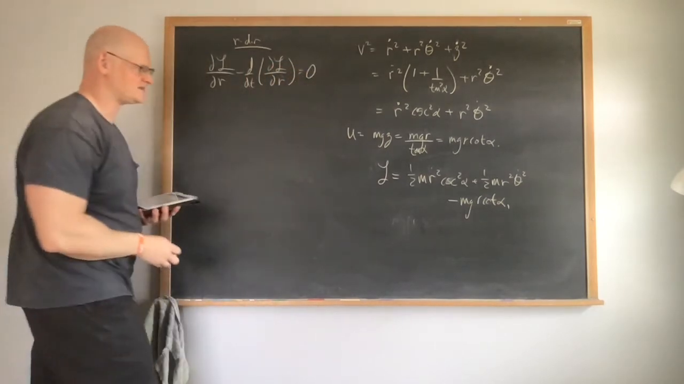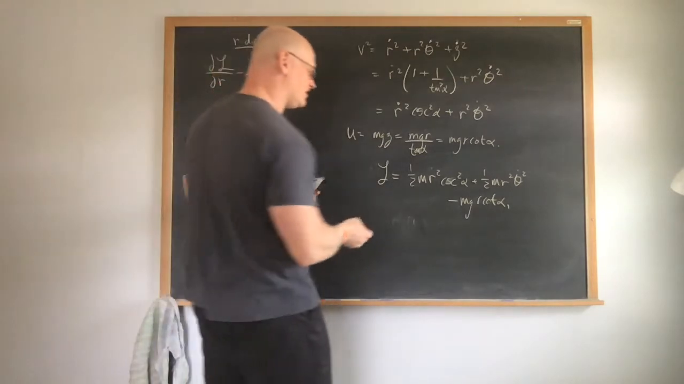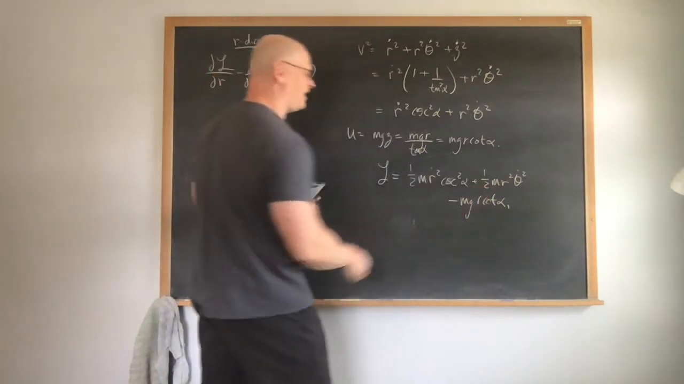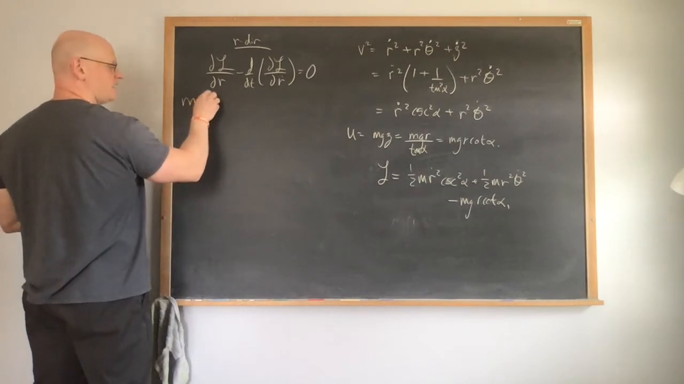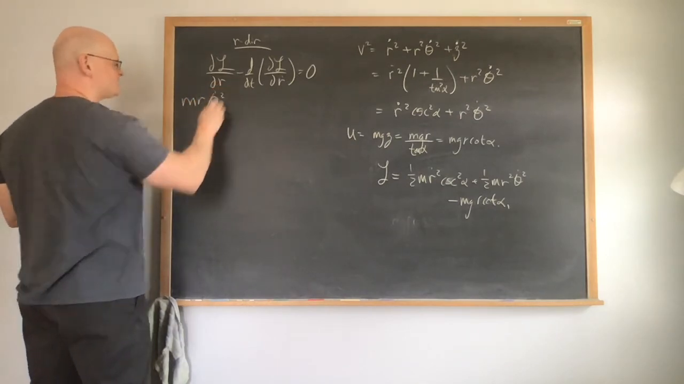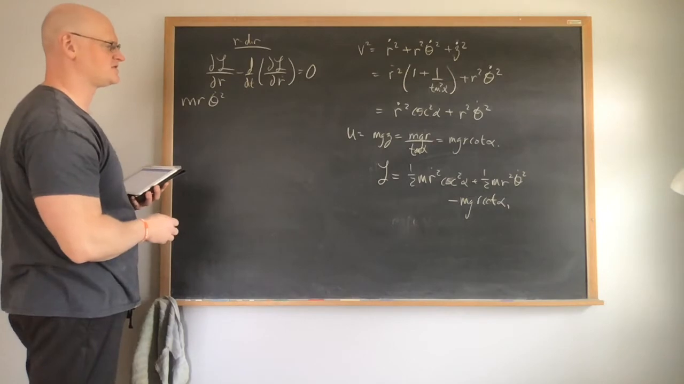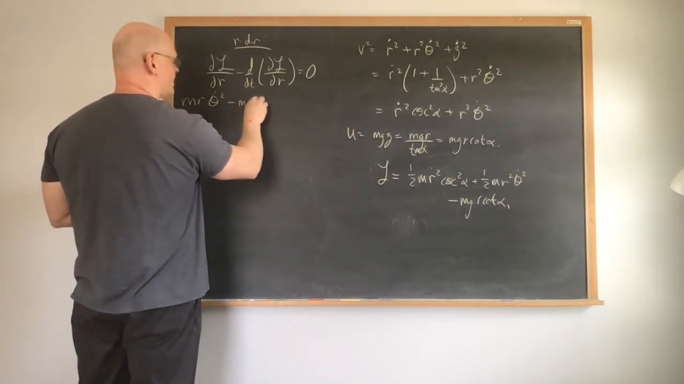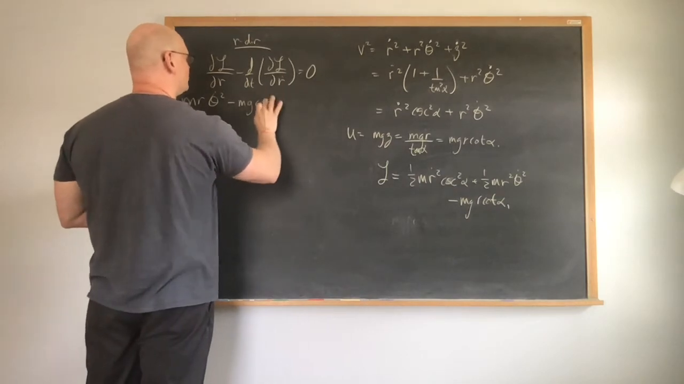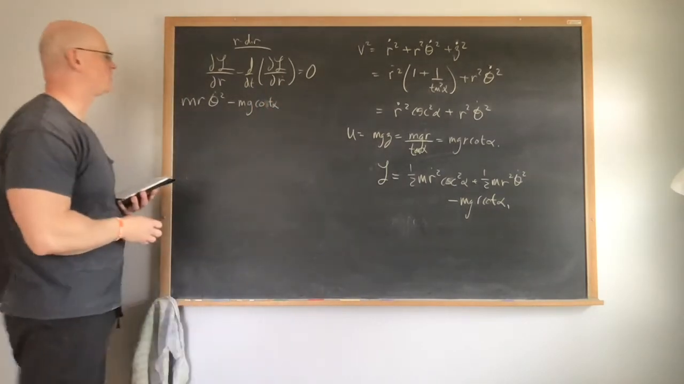Set that equal to 0. So from here, there are two terms which depend on r, which means that this is going to give me m times r times theta dot squared, from that first kinetic term, minus mg times cotangent of alpha, because that r portion is just going to go away,